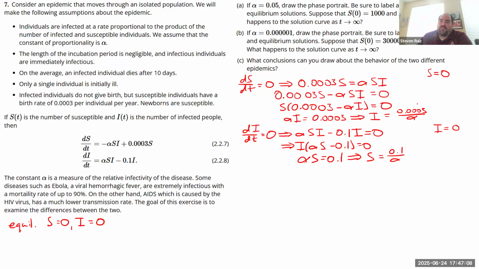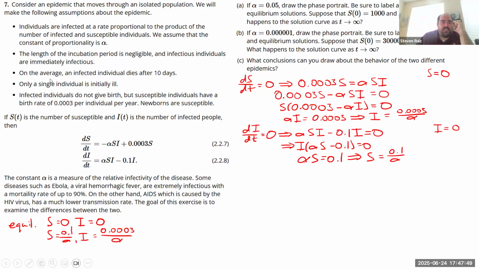The other one comes from, let me just make sure those are mutually exclusive. If S equals 0, S cannot equal 0.1 over alpha. If I equals 0, I cannot equal, okay, so yeah, one of them is the 0, 0 case. The other one comes from S equals 0.1 over alpha, and I equals 0.0003 over alpha. So two equilibrium cases, and one of them is trivial. The other one is absolutely dependent upon alpha, which we said stood for basically